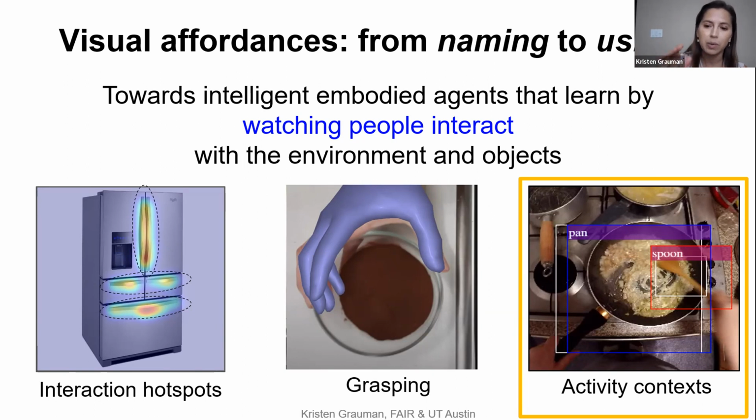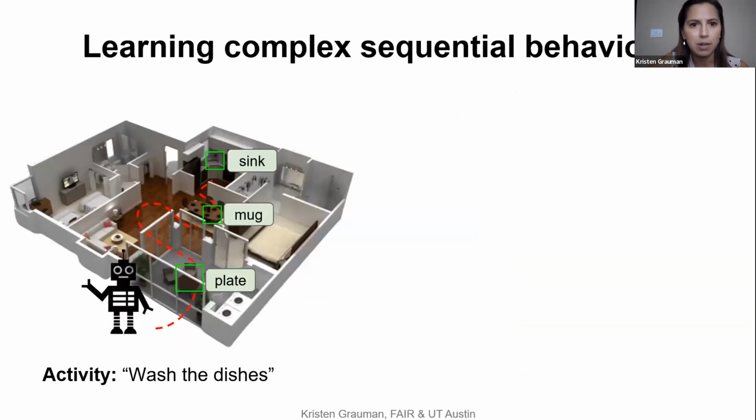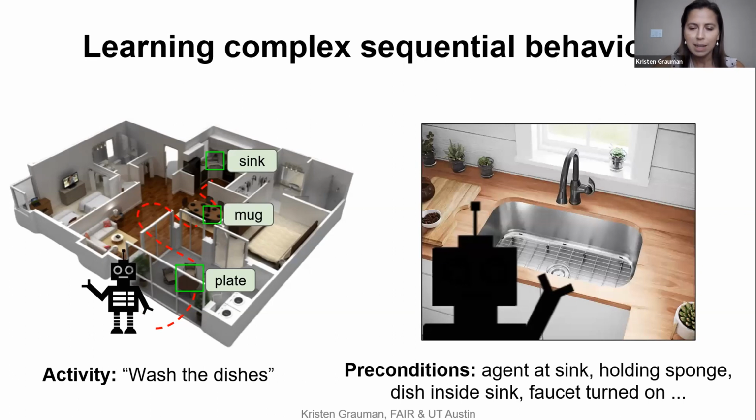Okay, so in that context, we're interested in being able to, again, shortcut the agent learning and scale it up by observing how people do things. Let me show you this third example. I mentioned that these are going to be tasks that require sequences of steps and multiple interactions. So for example, asking an agent to be in a new unmapped space and figure out how to wash the dishes. Now, I think you can see, perhaps right away, that the chance of stumbling upon a good solution to something like this, say with reinforcement learning, is going to be low. It's going to be challenging.